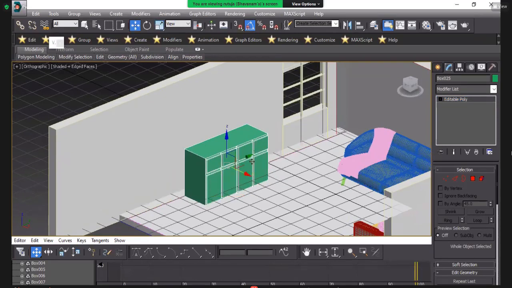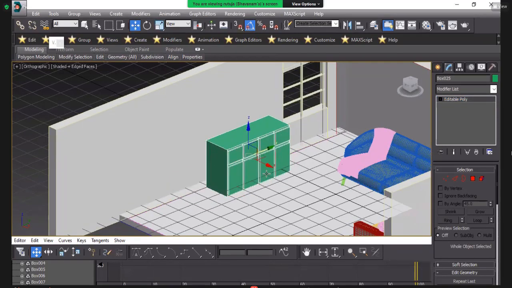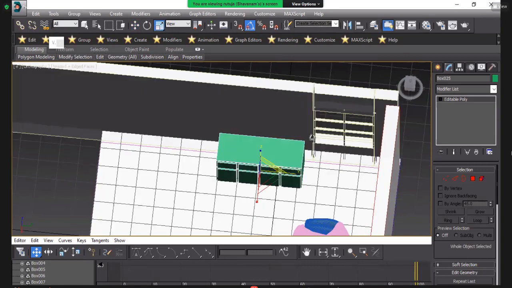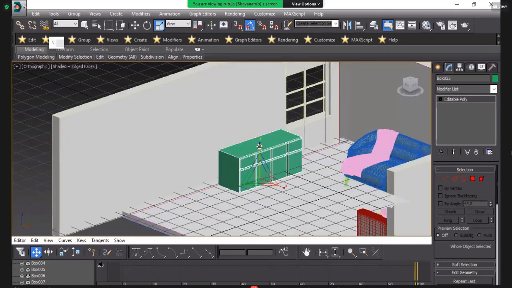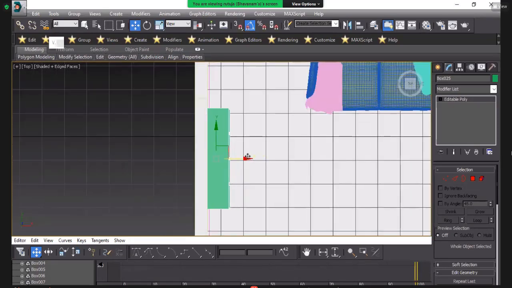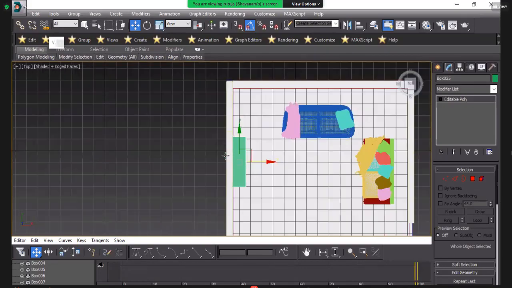Actually it looks too big, so that's why I'm using scale here. Okay, it will be fine now. Go in top and place it.